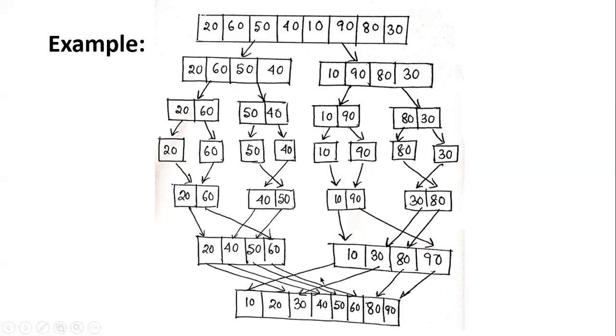So when I am denoting 4, 5, etc., please consider whether the value is of L, or of LB, or of K. Otherwise, it will be confusion. Then 50 greater than 80 is false. Now 50 comes down into the temporary array, and thus LB is increased and LB is equal to 3. So when LB is 3 pointing to 60, because the LB points to this array and K will point to this array, then L will be increased. So it points to the fifth location,